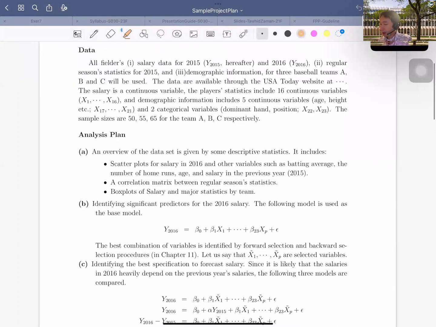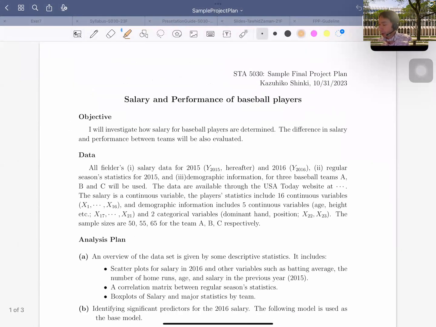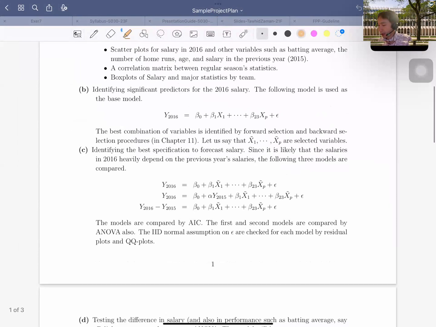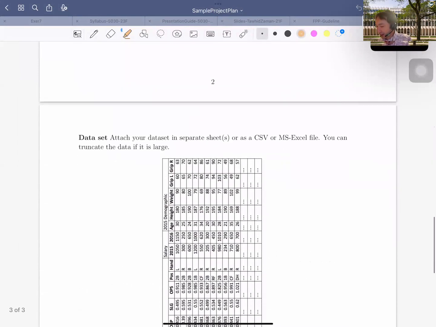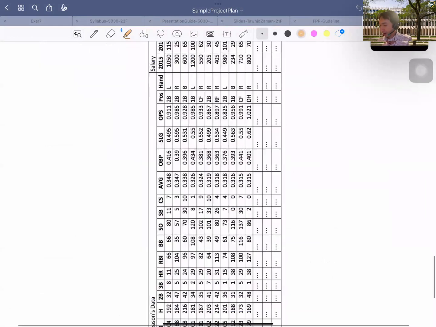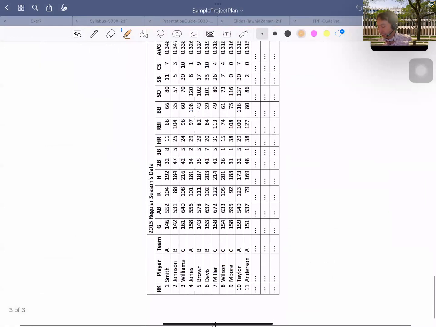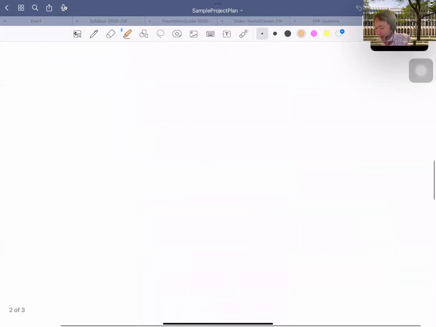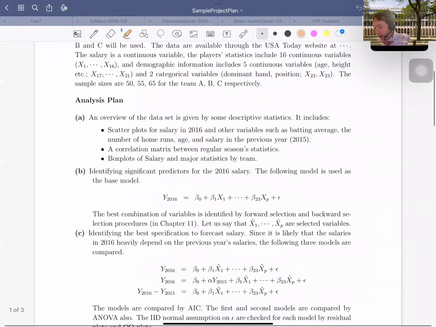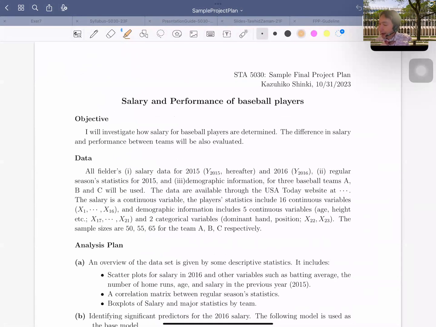So the sample project plan is just 1 or 2 pages. So this is the first page and this is the second page. Actually 1 page, 1.2 pages, I would say. And this is the sample data format. For this particular question, in the sample project plan, you put some title here, put your name and objectives,